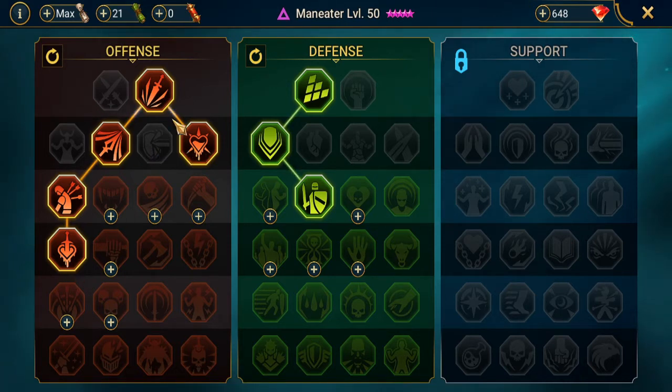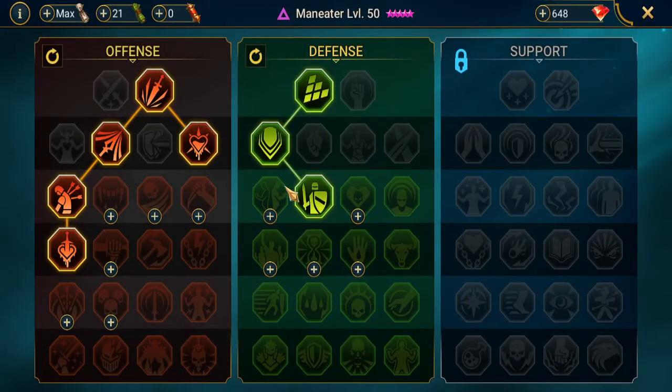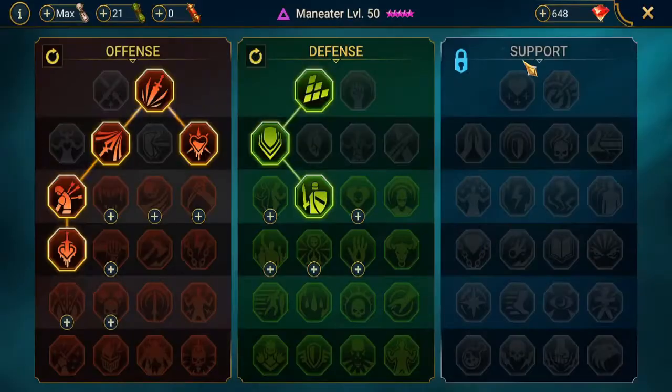All right, so basically what we did is, like usual for clan boss, we're going to go straight down this. We're going to come to here to pick War Master up. Then our main goal is to get down to here for retribution to get that possible counter attack later on as well. So that's where we were going with Maneater, and that's where I would suggest that he go as